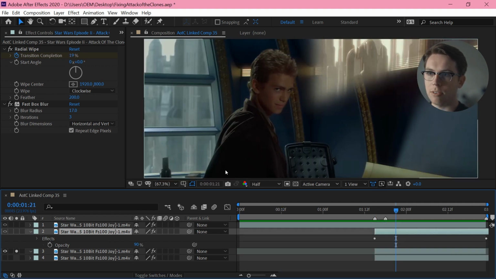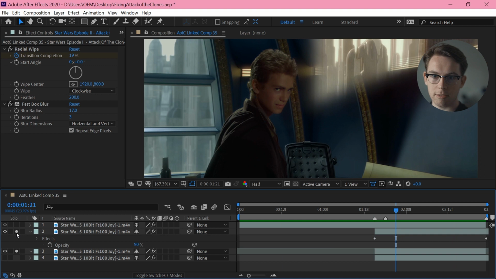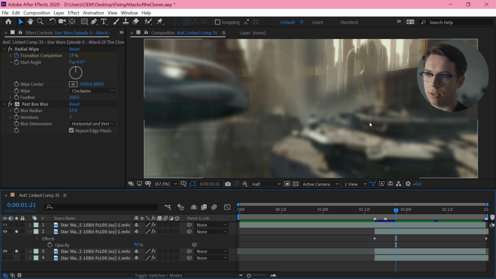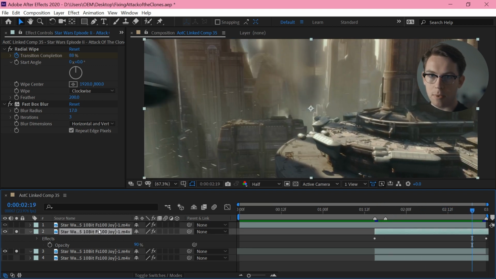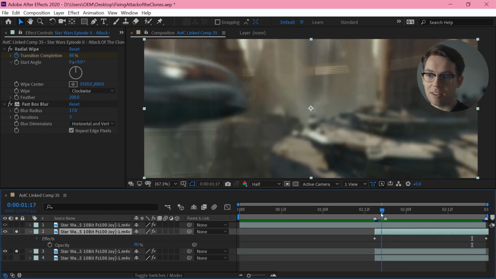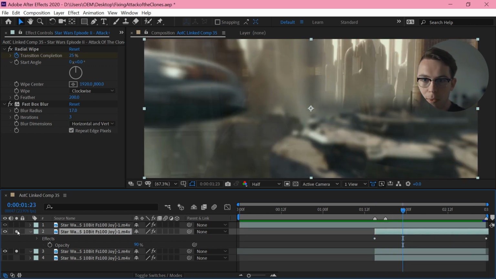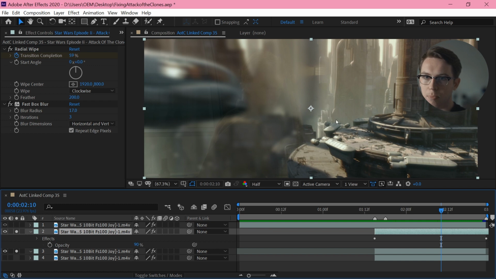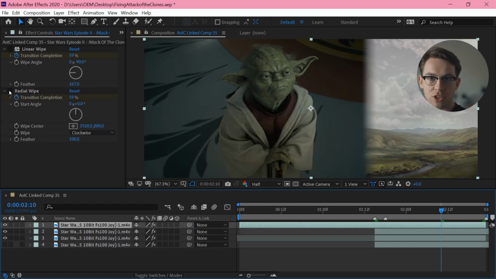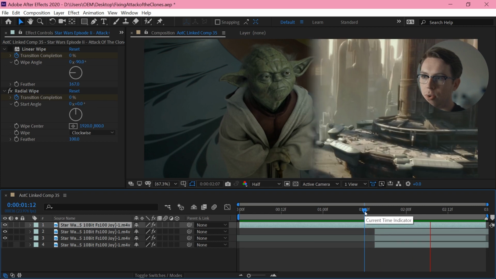So I need to get rid of all of this area and keep this slice for revealing. So I have just done a freeze frame that I've very roughly just slapped on top there, and done a radial wipe on that matches the radial wipe on the original footage to give us a sort of clean plate. There's a little bit of movement in it. This edge isn't very nice. Probably should put a choker on that actually to push that edge over, but anyway. And then also matching the radial wipe on this footage of Yoda. So altogether,